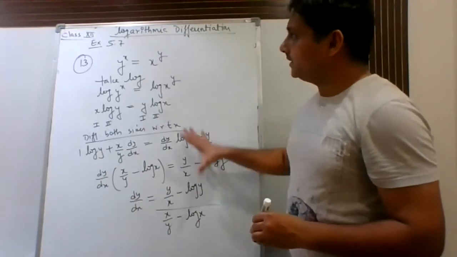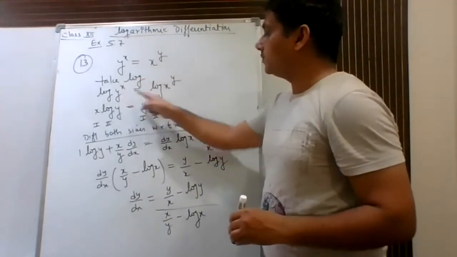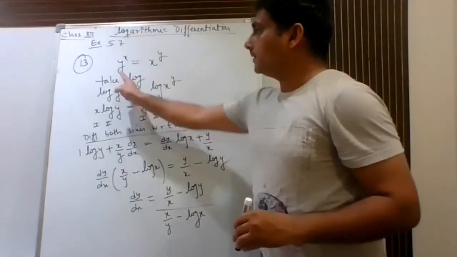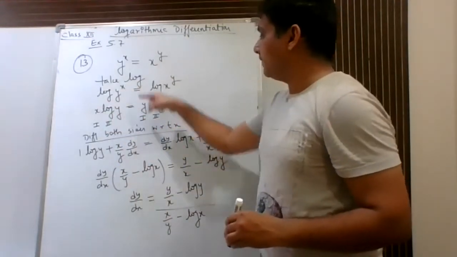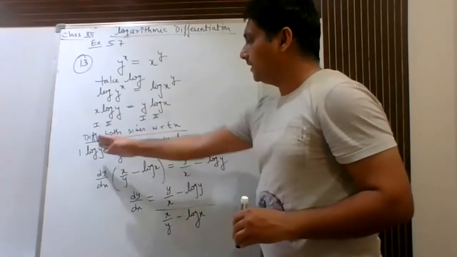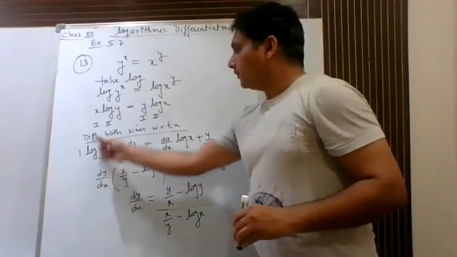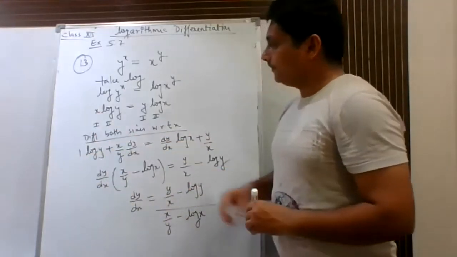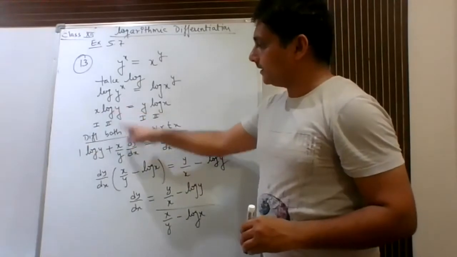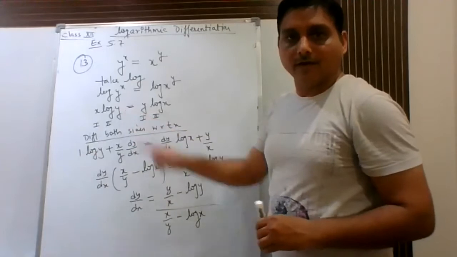So just write down this. What we had done, this was the question. We had taken log on both the sides. So after taking log, this will become x log y, this will become y log x. First function, second function, this is first, second. We are differentiating. When you are differentiating, you will get this as 1 into log y, and here you will get this as x upon y dy upon dx because of this log y.